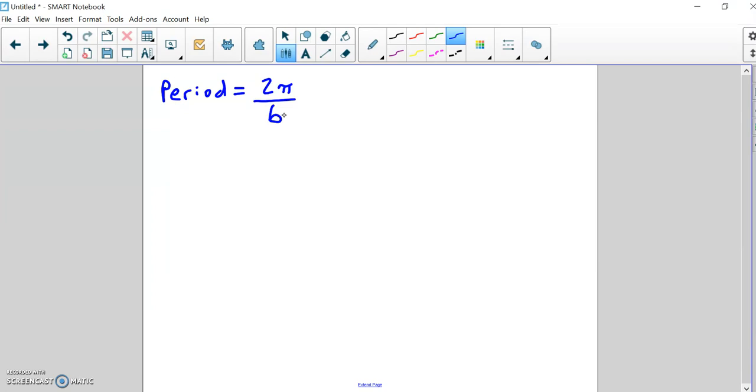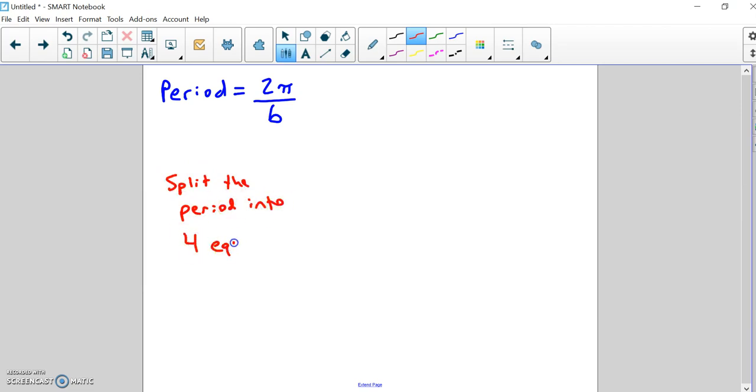So what we're going to do is take 2 pi every time, and we'll identify what b is. From there, we're going to use that to help graph our function. Give me one moment here, I want to put a little note here. What we're going to do once we find the length of the period is split the period into